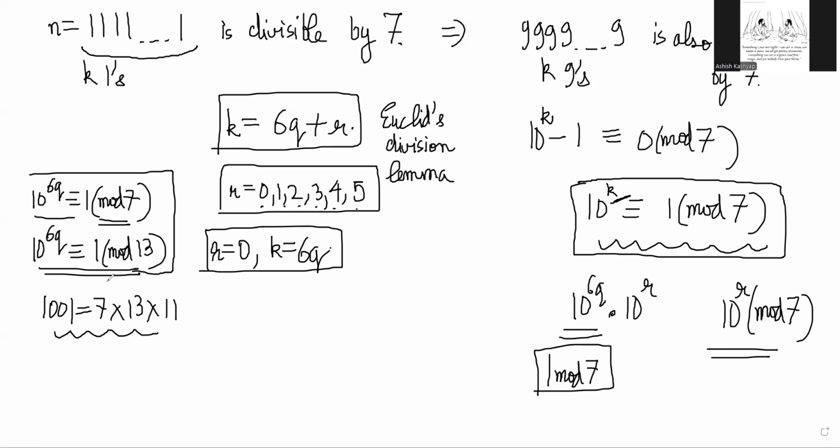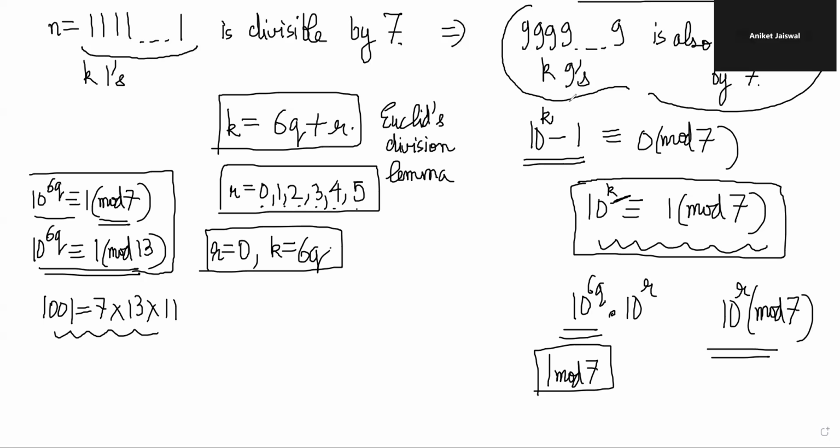Which means that this number is also 1 mod 13, right? No, this number, which is 10 power k minus 1, will be 0 mod 13. See, 10 power k was 1 mod 13, right? If r is 0... Do you understand what I'm saying right now? Yes sir. So 10 power k minus 1 is 0 mod 13, and we get this number is 0 mod